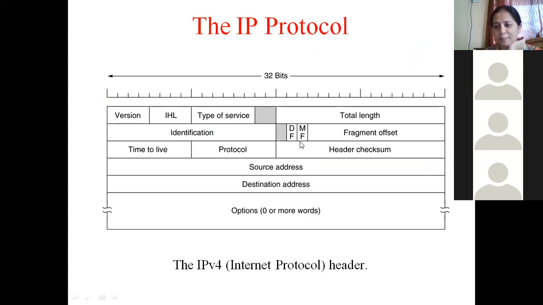MF, more fragments, indicating that after this fragment, there are other fragments, other packets that are coming. So if it is the last fragment, there are no more fragments which are coming, that time it will be set to 0. Fragment offset for the first fragment will be 0 because it is the first one. The remaining packets are to be fitted after the first one. So there the fragment offset value is valid and it indicates the byte where the next fragment is going to begin. If an original packet is there, it will be divided into chunks. So where the second fragment starts is decided with the help of the fragment offset field.